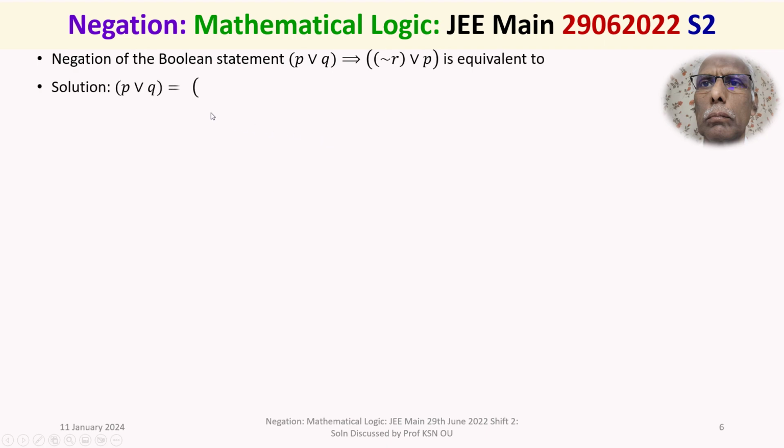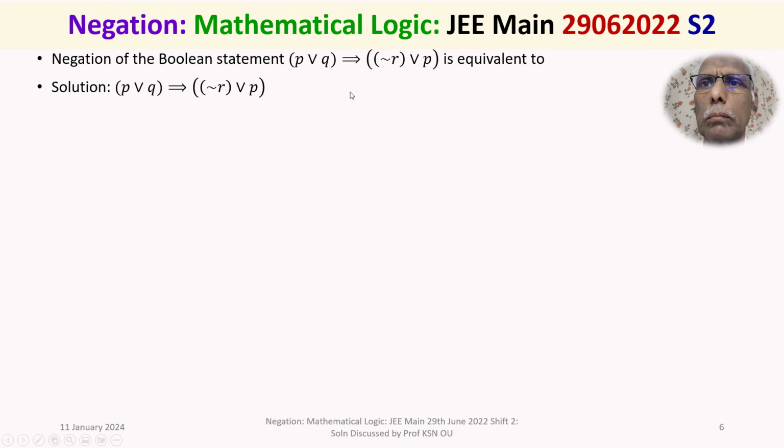Let's now discuss the solution of the problem in detail. We take the given Boolean statement, P or Q implies negation of R or P. First, we simplify this, that means we write down an equivalent Boolean expression which is a simpler one. Then consider the negation of this Boolean statement. Agreed. Now recall